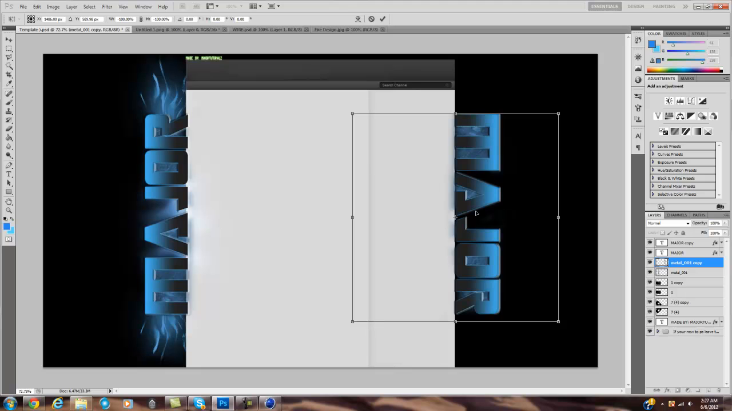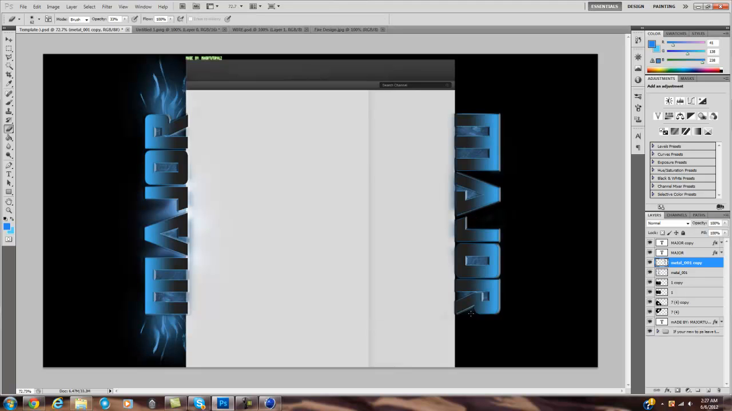Something like that. It looks better if you line it perfect and everything, so just erase the edges if you mess up. Yeah, so now we got both our metals, and then what we're gonna do, we're gonna press Control J on